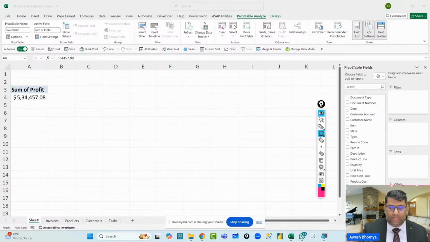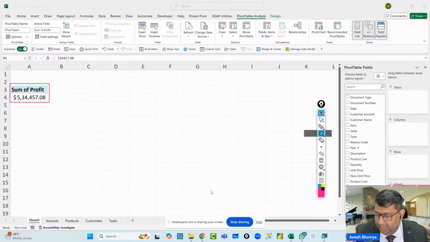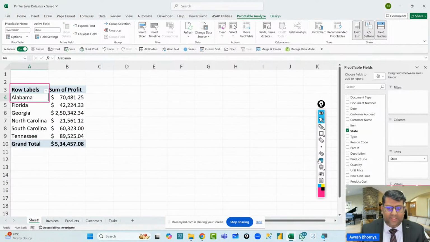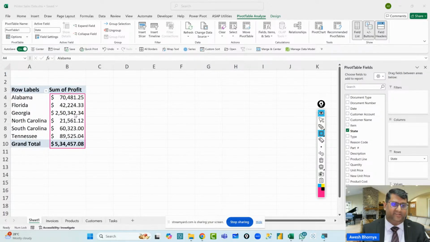Now, once you've got it to the values area, you have started your analysis, and now you want to break down this data. So you can see there's a number that appears over here, which gives you the profit that's available, right? Now, in order to get the next step in the analysis, you will simply click on state. The moment you click on state, you can see that the number that you were looking at, about $534,000, is now broken down by the different states, right?